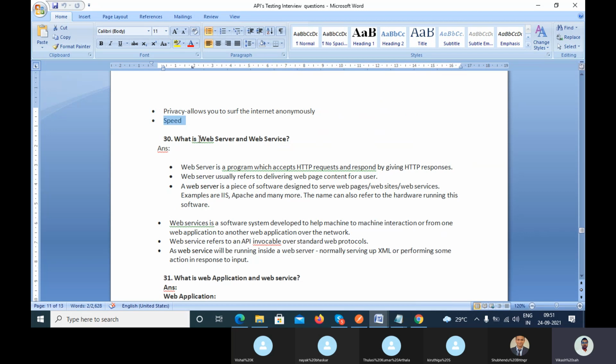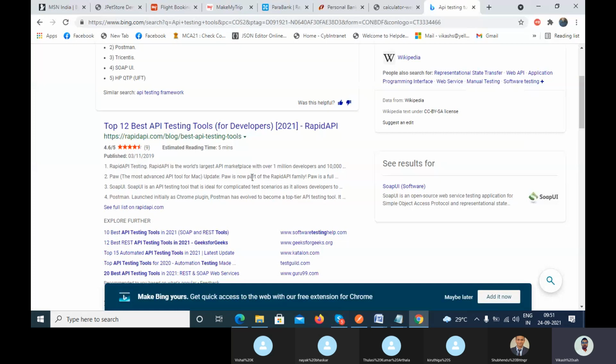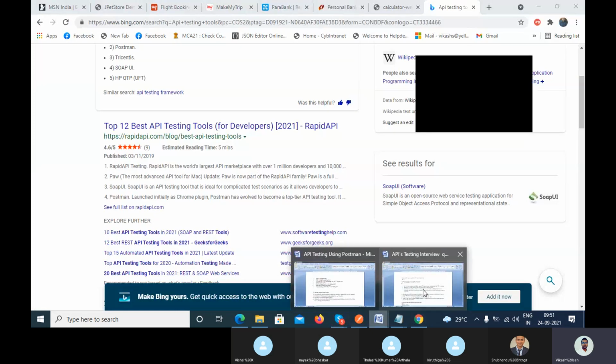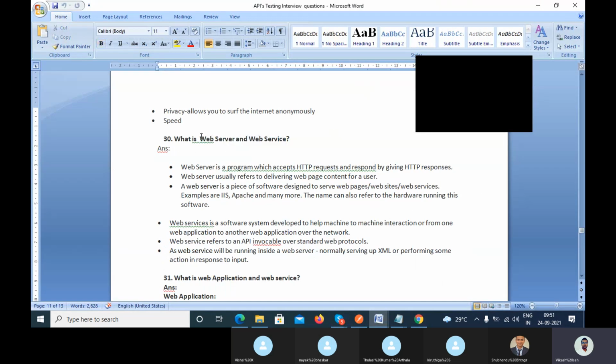And another thing is, what is the web service and the web server? Let's try to understand this concept. Web server and web service. Okay.